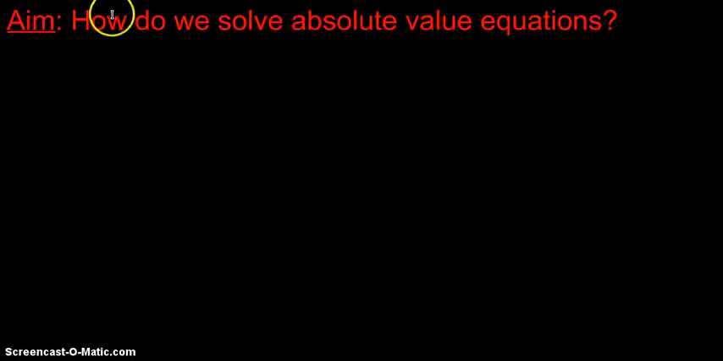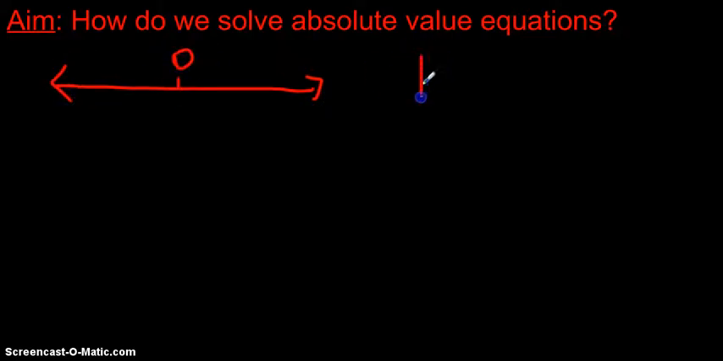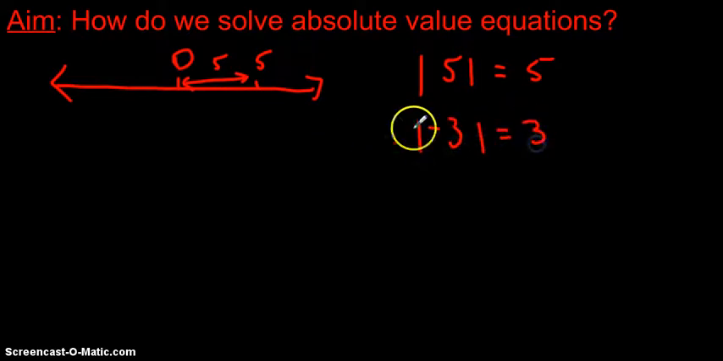What is the absolute value of a number? Well, the definition of absolute value is a number's distance from 0. So the absolute value of 5 is equal to 5, because 5 is located here. And if we look at this distance between 0 and 5, that's 5. Whereas the absolute value of negative 3 is equal to 3, because negative 3 is located here, and this distance